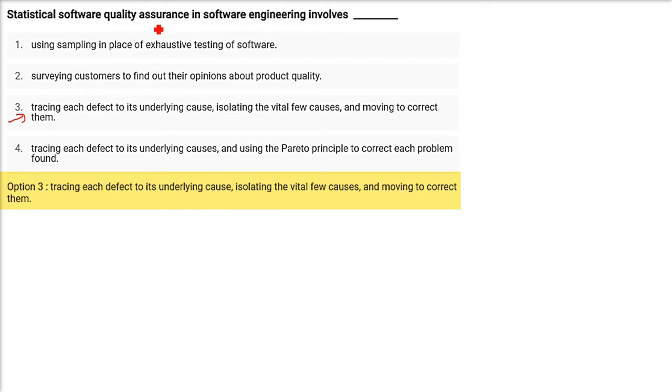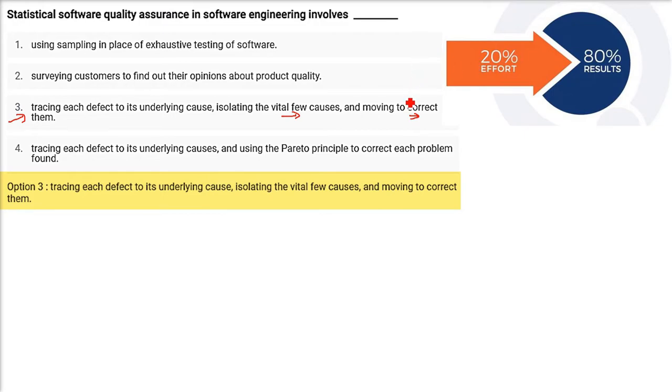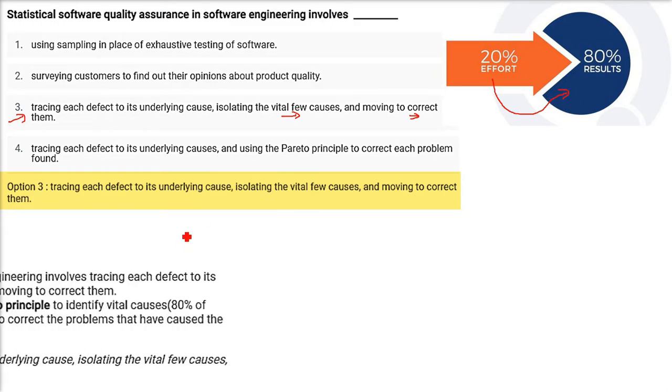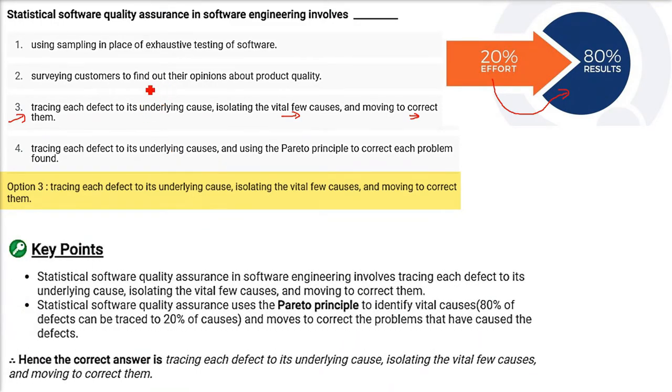Then we isolate the vital few causes or the reason for this defect, and then we are moving to the idea of correcting them. So here we have a Pareto principle. Pareto principle means 20% of effort can give you 80% result. So the statistical software quality assurance in the software engineering involves tracing the defect, and finding the cause,